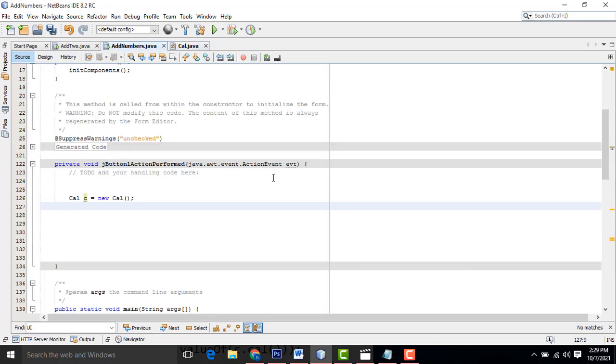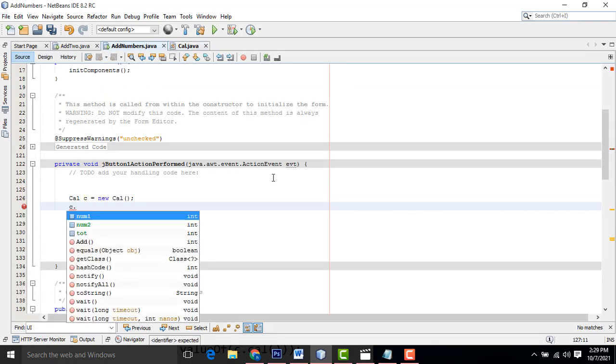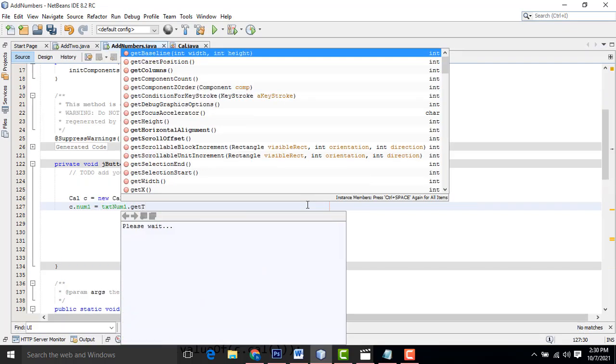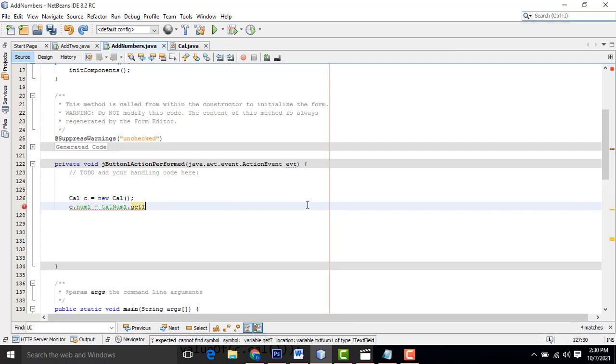Now you can see here c dot num1 equal, you have to assign the particular text field, txt num1 dot getText.